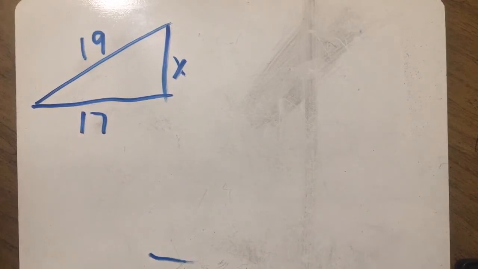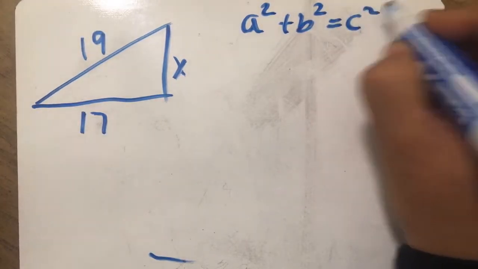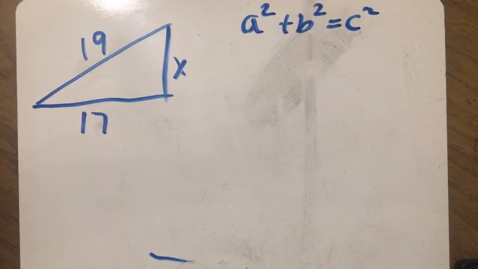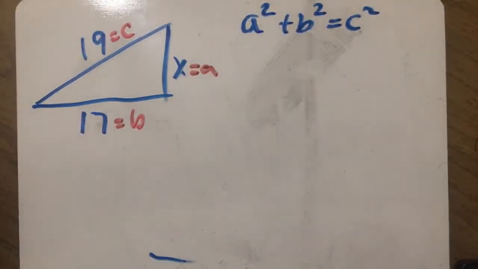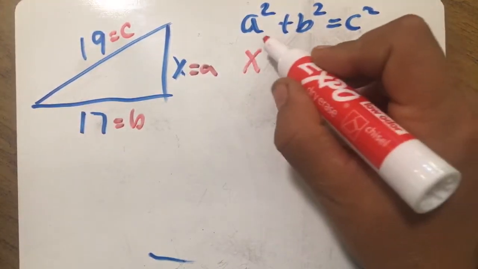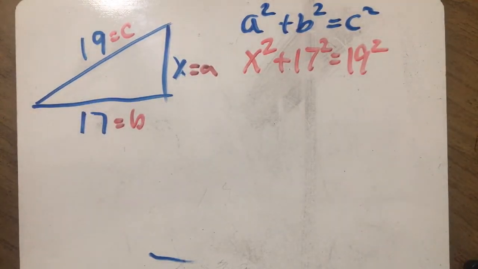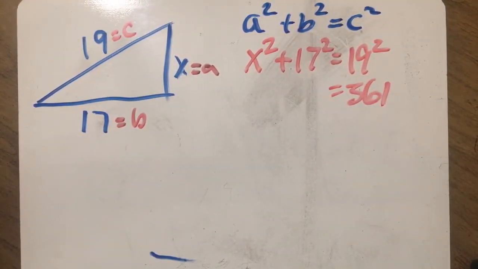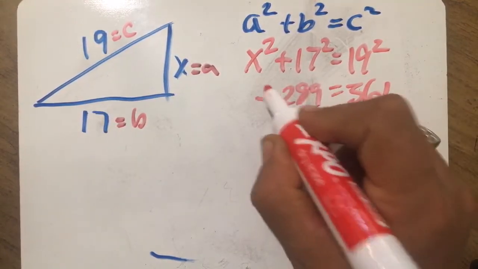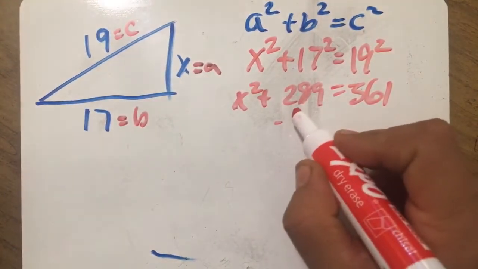Because this is Pythagorean Theorem Review, please make sure you understand and know that a squared plus b squared equals c squared. Again, as we learn the assignment, you should label all of your sides, being able to identify that when you write it brand new, you now have substituted the values to make sure you understand what the problem then becomes. Okay, so we're going to start from the outside. 19 squared is 361. 17 squared is 289. And then this becomes x squared. When I subtract 289 from both sides,